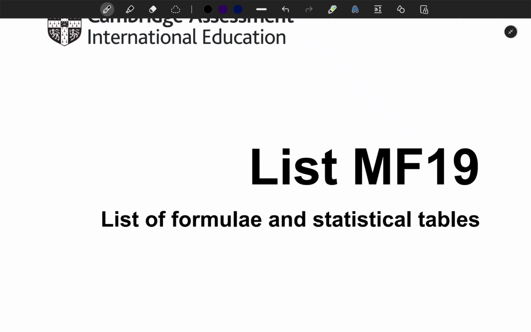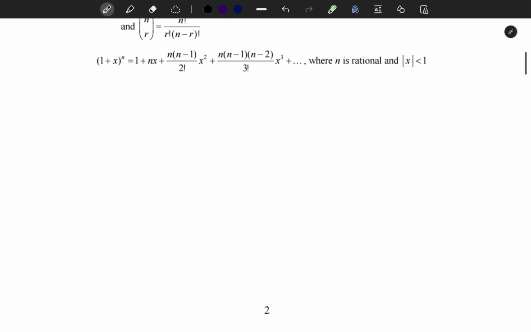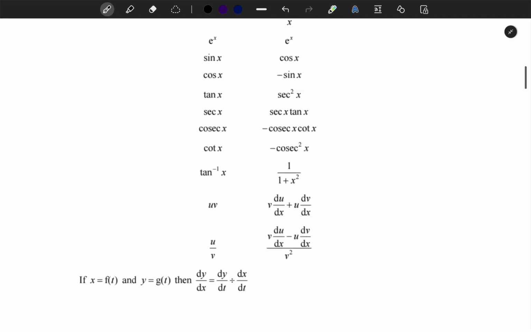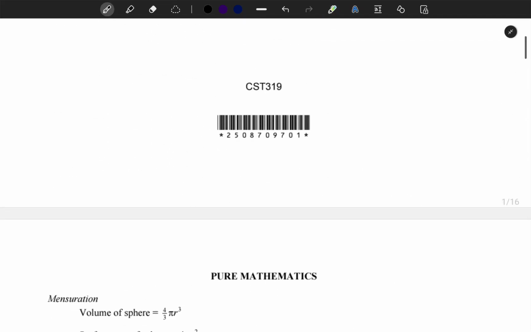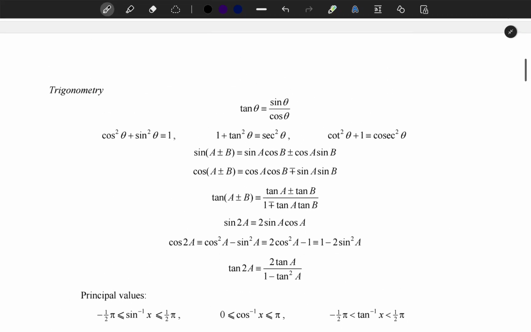And here is our MF19, our list. So now let's scroll down. We want to see about the trig stuff. It's actually at the top, sorry for that. Somewhere at the top, let me see, go down a bit, here it is. So we want to see how we expand tan. Can you see how we expand tan? All right, here it says A plus B. So what did we have? We had the tan of